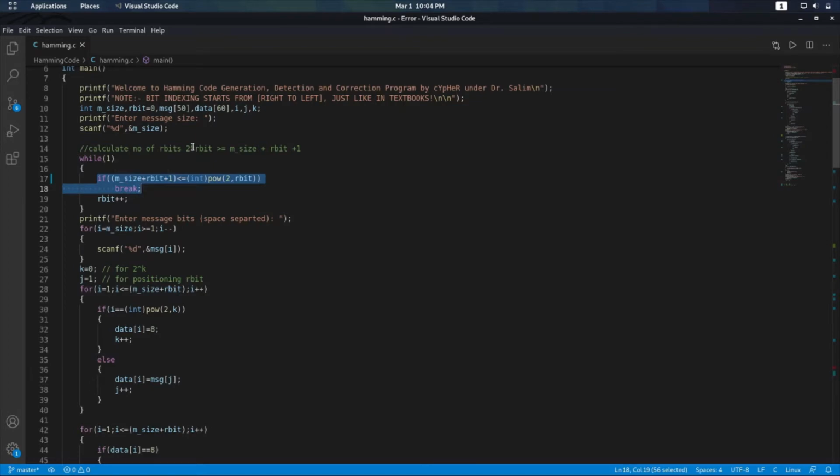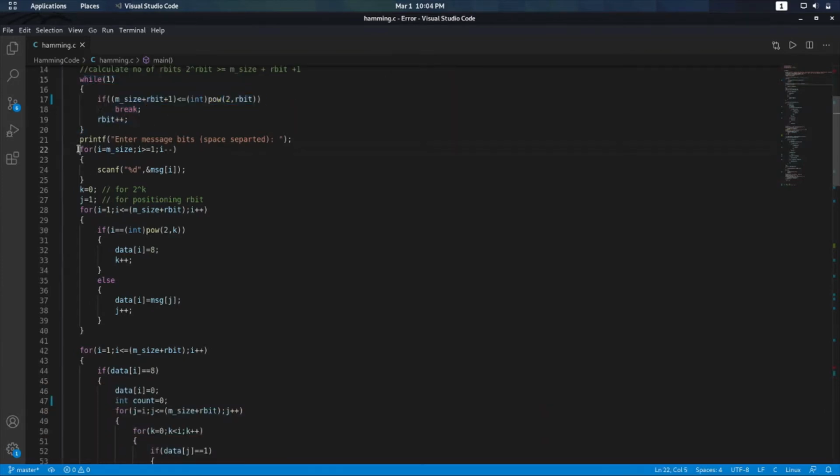This condition says that 2 to the power of the redundant bits should be greater than or equal to message size plus r bit plus 1, where r bit is the number of redundant bits. If the condition is met for the first time, we come out of the while loop.